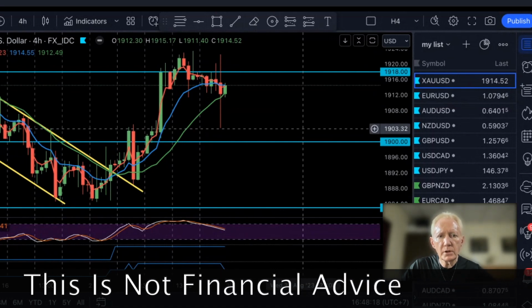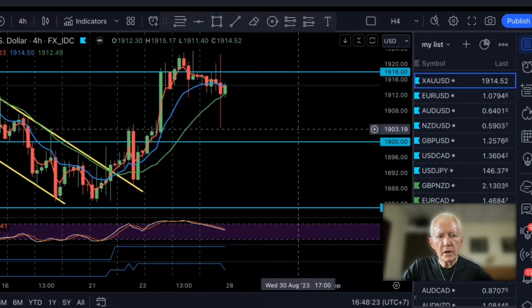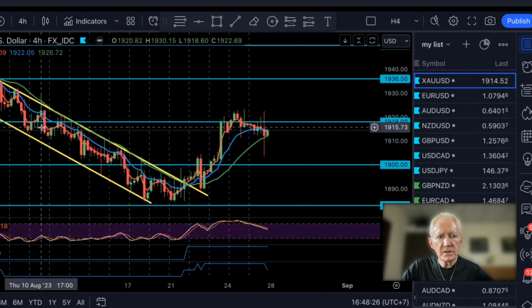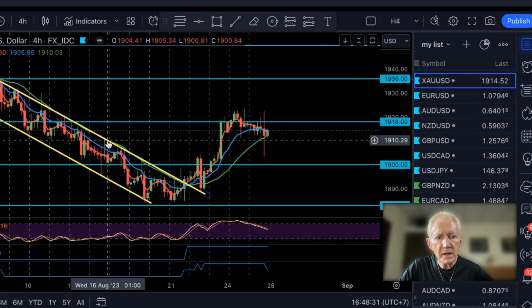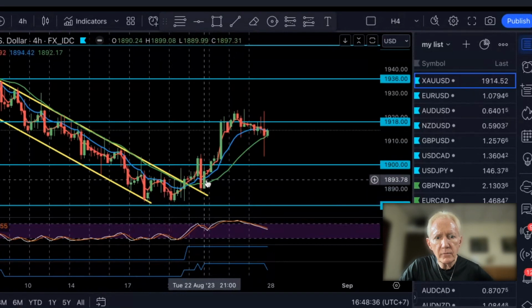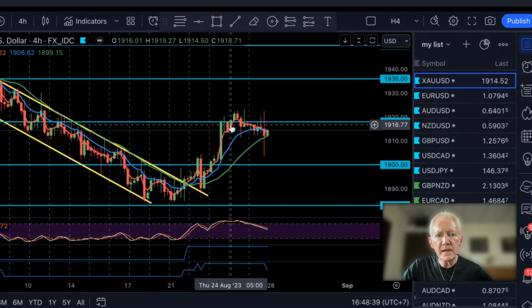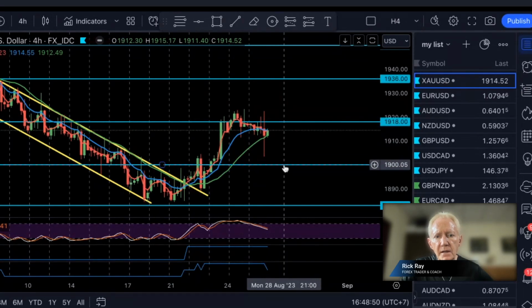I don't have a pending order on gold. I will share with you what I'm looking at on gold: I expect it to be trading in this range here. We traded in a range between 1918 and 1900 for several days. Then it broke down below that, traded in a range between 1900 and 1883 for a few days. And now it's come back up to this 1918, 1920 zone, and it looks like we're probably going to trade in this range between 1918, 1920, and 1900.